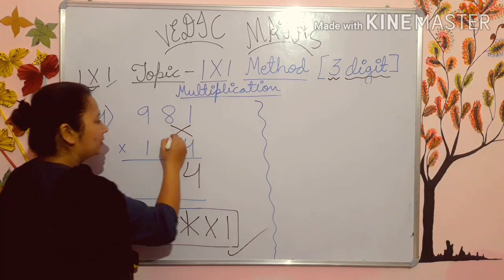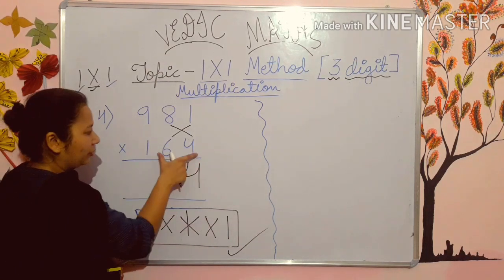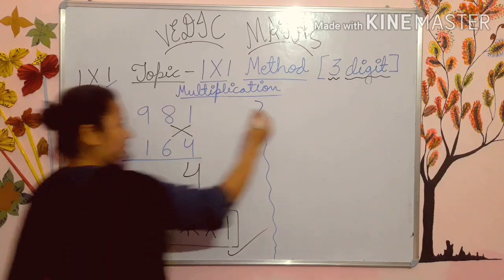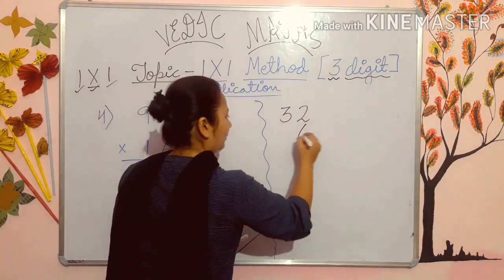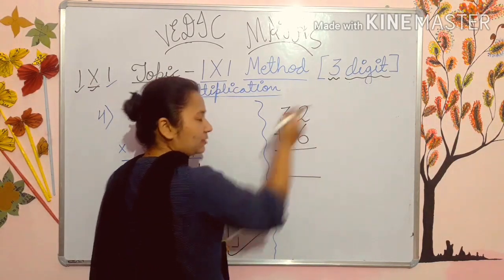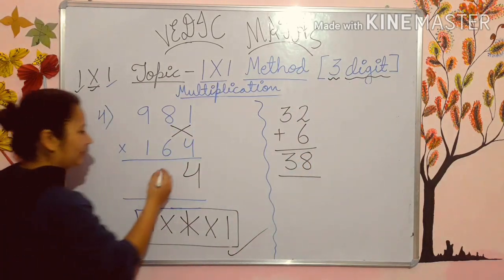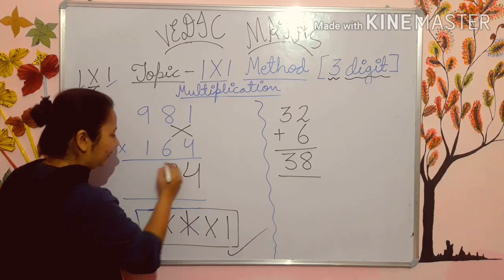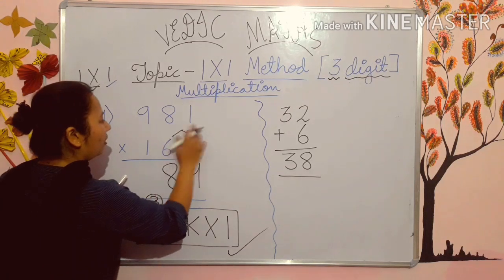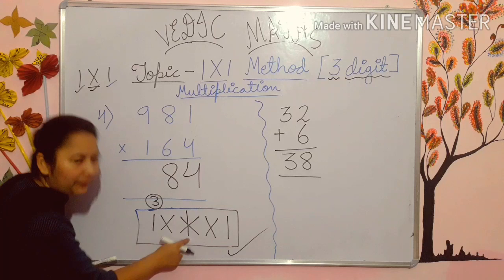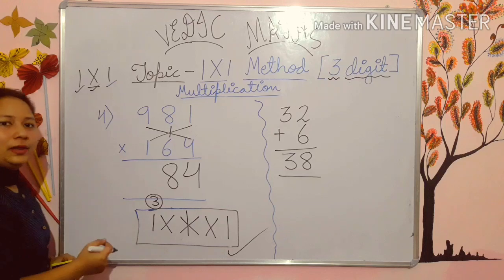Cross means you will cross, multiply the right hand side 2 rows. Now, 8 fours are 32 and 6 ones are 6. Add them. 6 plus 2, 8 and 3. It is 38. 8 will come here. 3 will go carry. Now, after this cross, what is it? Triple. Now, multiply all of them.